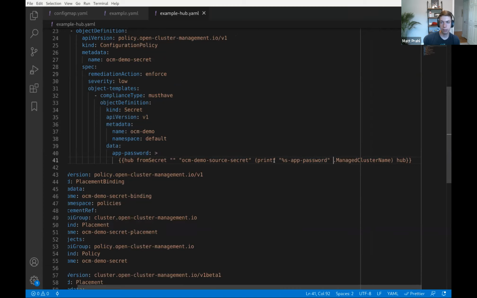So in this case, what I can do is I can use this go text template function that is available called printf. And I'm just saying, do %s-app-password, but replace this %s with whatever the managed cluster name is. And this is a variable that is available to you called .ManagedClusterName. So you could use this in other places as well, but this is how I'm going to actually dynamically determine which field is used from the source secret